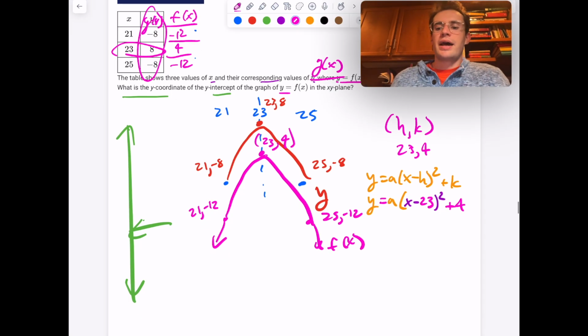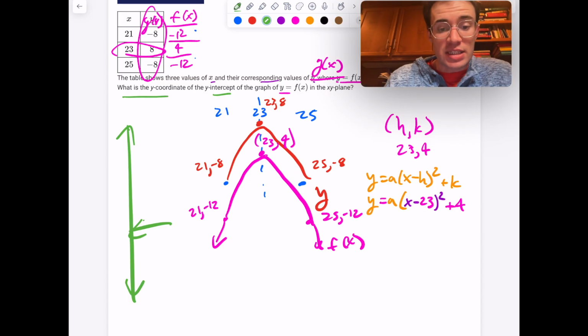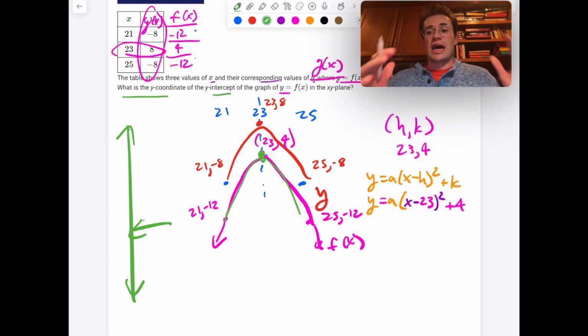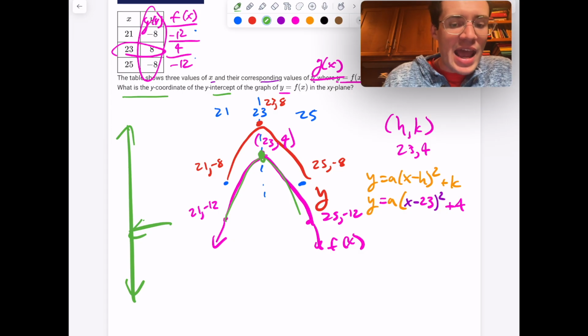Okay. Now, the only thing that we need to figure out besides that is the a value. And what I would do for the a value is I would go, okay, well, generally, for one, we know it's negative. Right? We know it's negative because it's going down from the vertex. So if you have a maximum point and then it's going down to the left, down to the right, that means the negative quadratic. So our a value is negative, and generally you go over 1, up 1 squared,